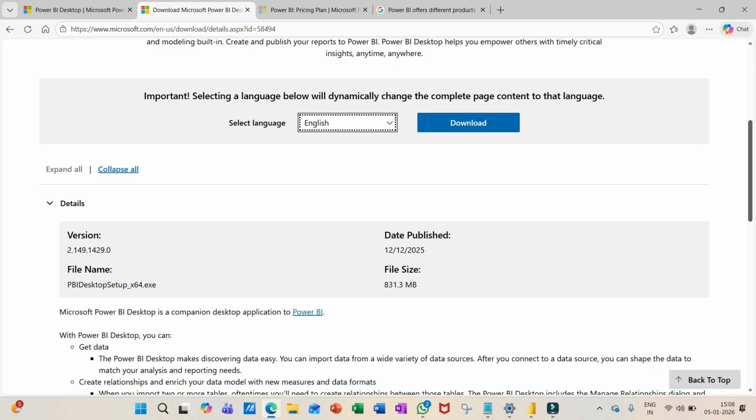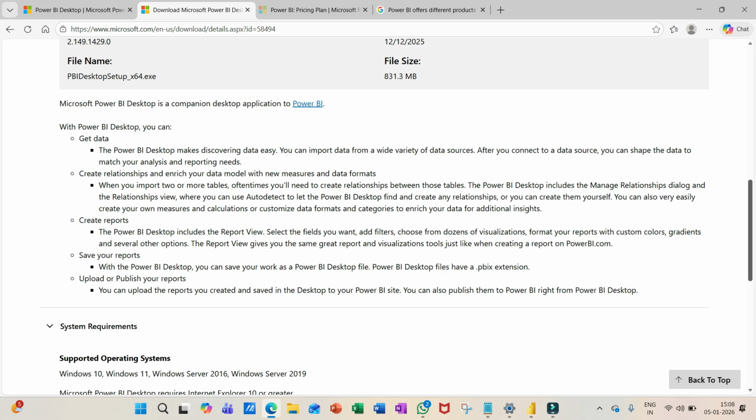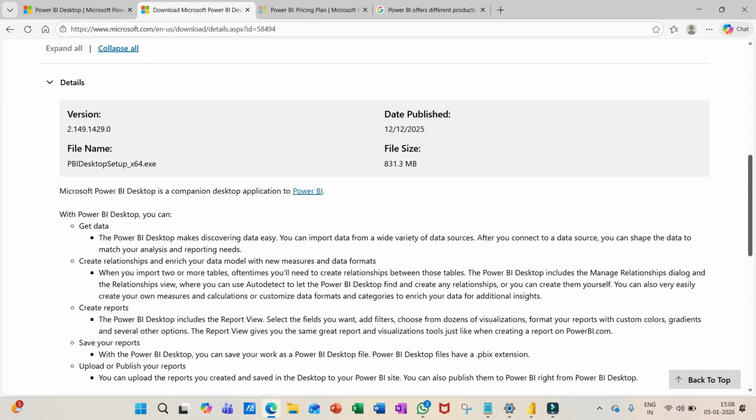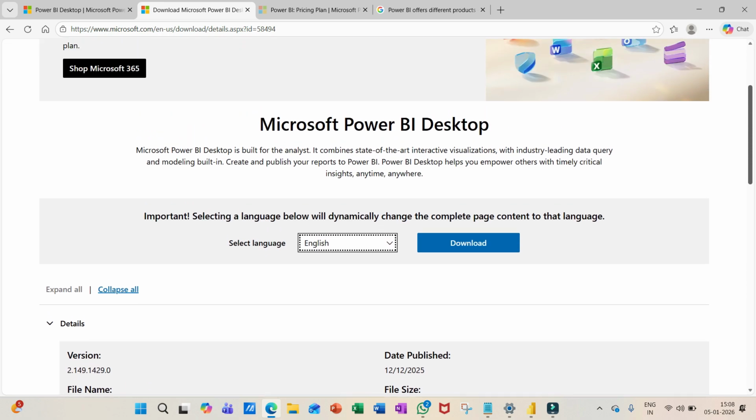You just need to follow the instructions, click on next, and download Power BI. You have system requirements. It is very easy. It goes through smoothly on Windows 10 and 11, and approximately 8 GB of RAM is very good for Power BI. So once you have the installation done,